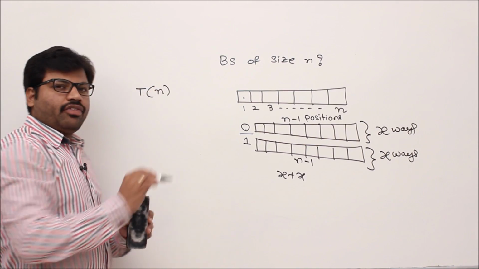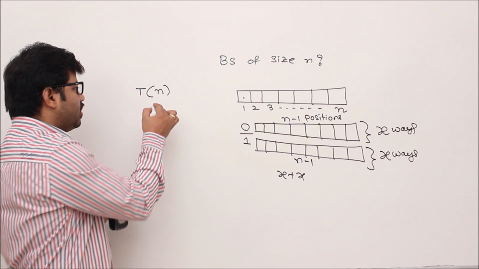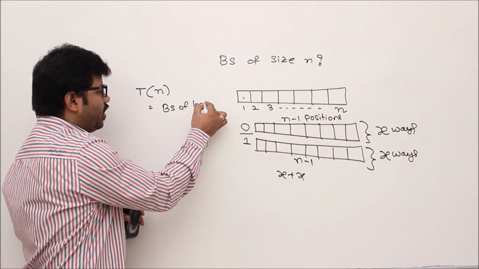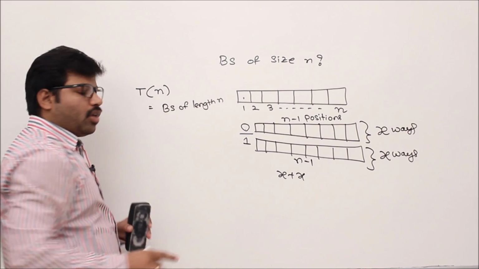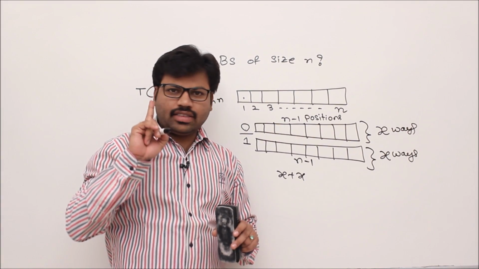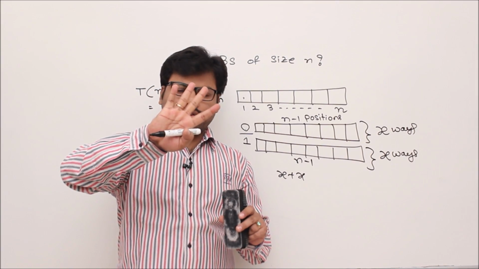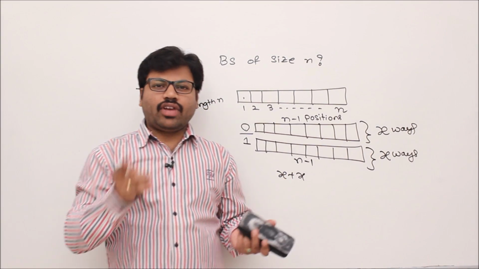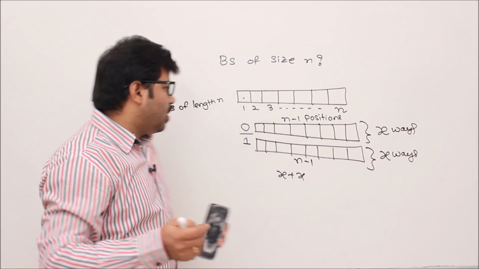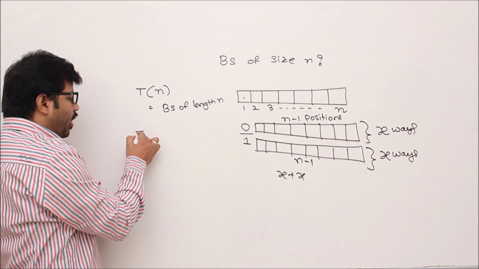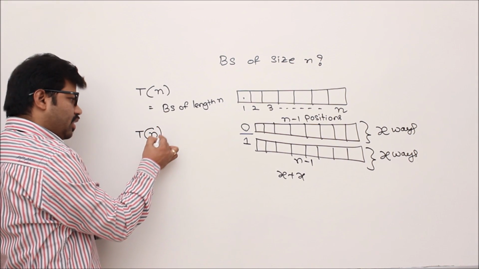Let me denote T of n for the number of binary sequences of length n, remember it. Number of binary sequences of length n is T of n. Number of binary sequences of length 4 is T of 4. Number of binary sequences of length k is T of k. Now if you see this problem, the total number of binary sequences of length n, which is T of n,